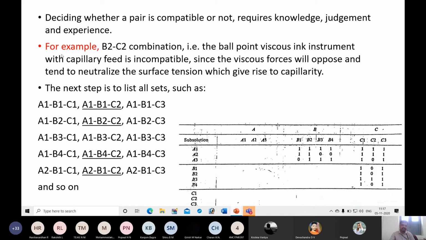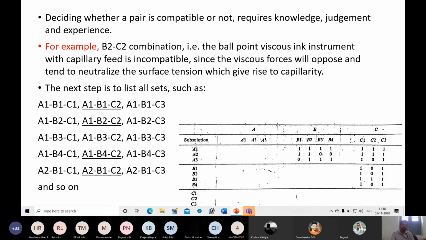You may get many combinations as feasible in AIDA, but based on many other factors, such as financial and economic feasibility, available resources, available manpower, skill of manpower, availability of raw materials, manufacturing lead time and many other factors, you are going to eliminate these compatible solutions also in further steps.